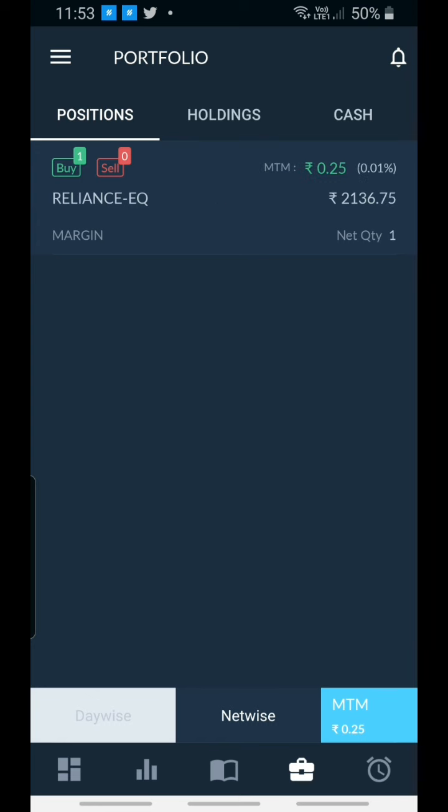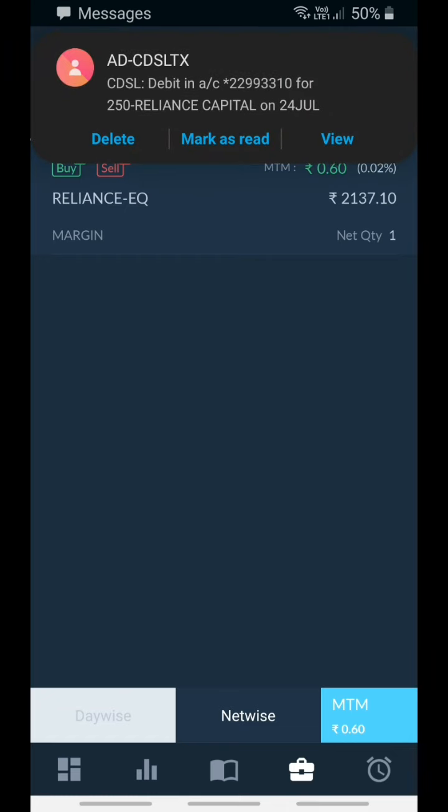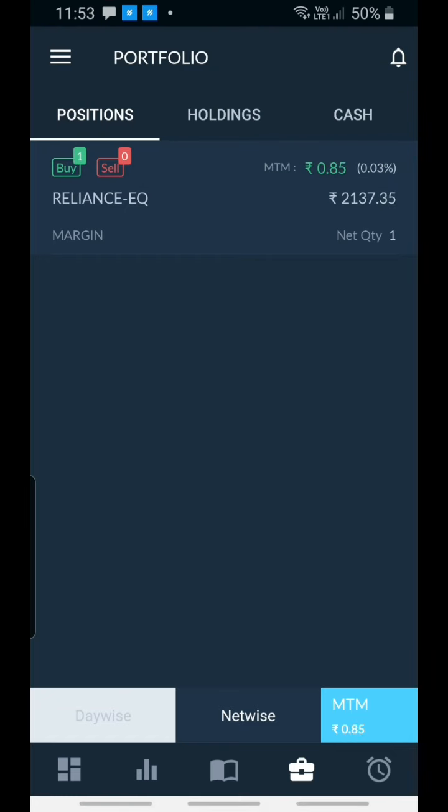It is standing around 2136, 2137, between there. Now it is just fluctuating between there. So if the price comes to 2135, only then my stop loss order will be triggered. So what is stop loss? Stop loss is the maximum loss that I can bear, right? So a trader should never trade without a stop loss. Stop loss is the king in market. So you have to trade with a proper stop loss.